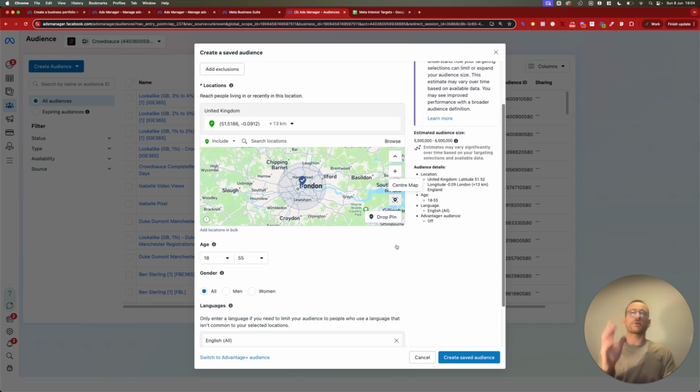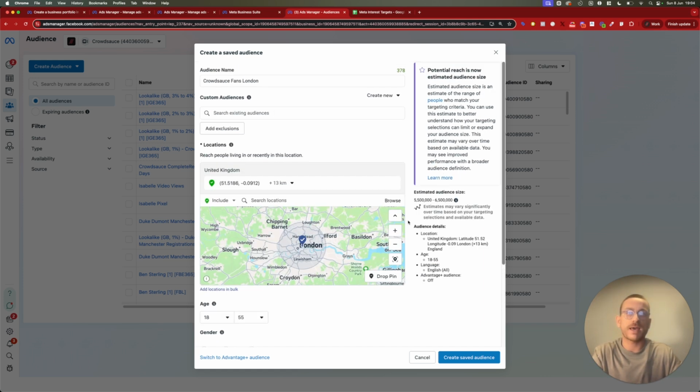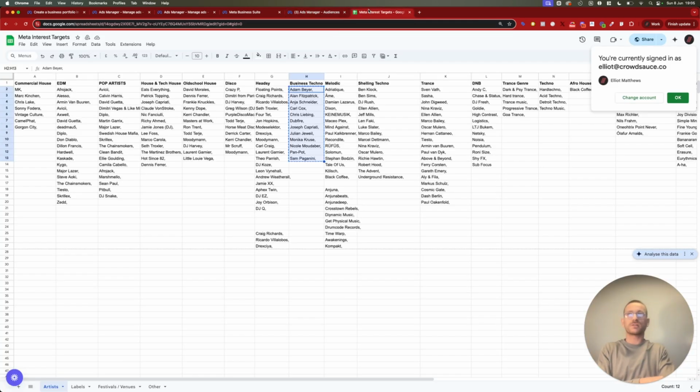And yeah, so we normally do a combination. When we set up a campaign, say it's a music event, we'll do fans of the promoter and their mailing list. We'll do fans of each of the DJs. We'll do lookalikes of the promoters, lookalikes of the DJs, and then we'll do a list of these different interest